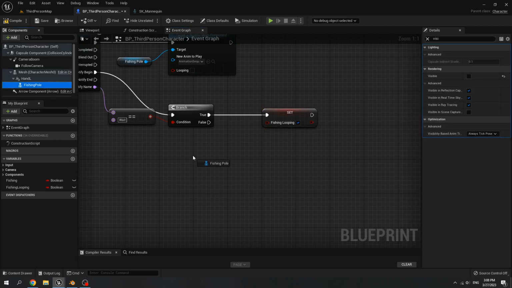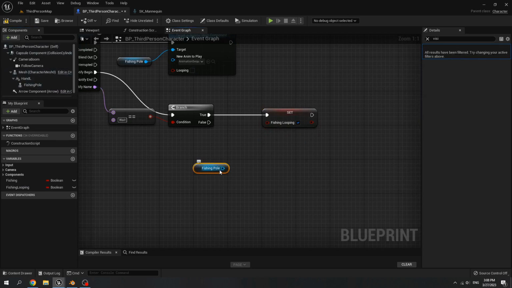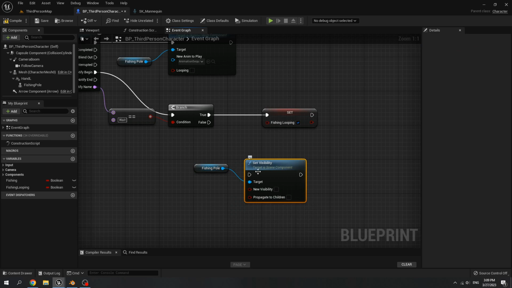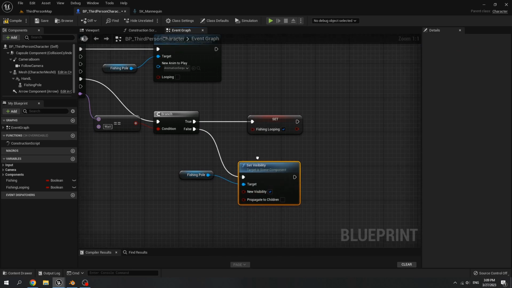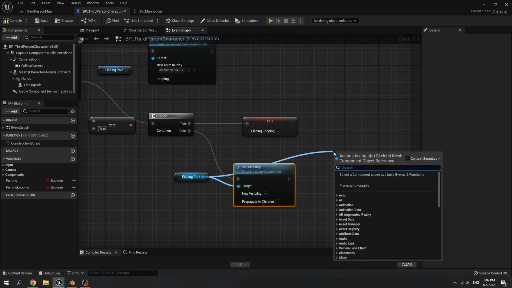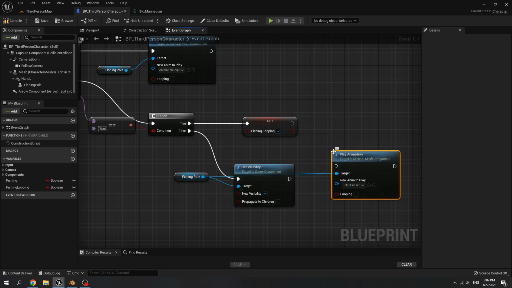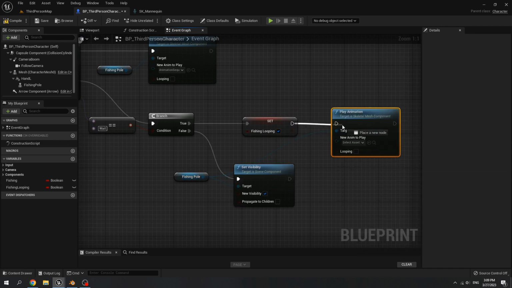If the notify wait is false, get fishing pole. Set visibility to true. Then when it's true, we play animation. Set looping to true.